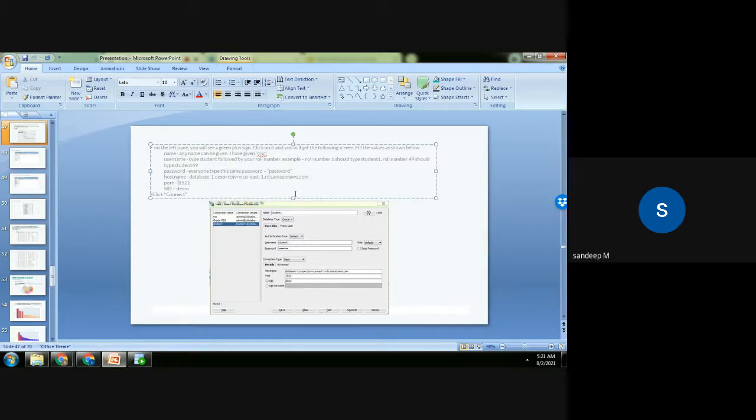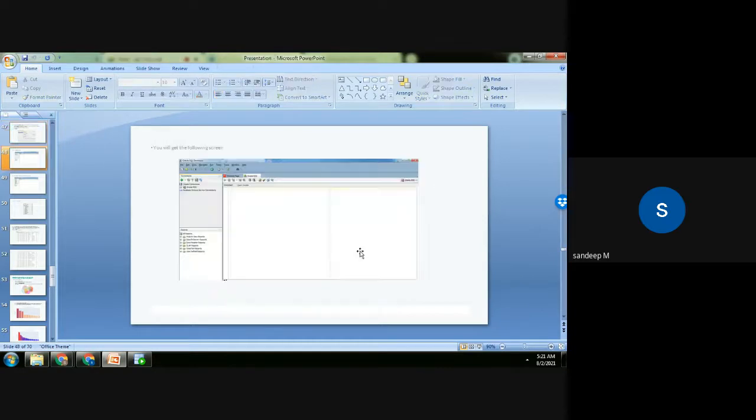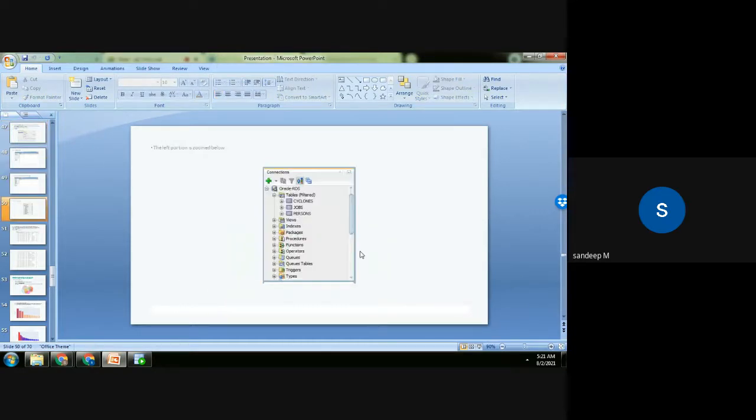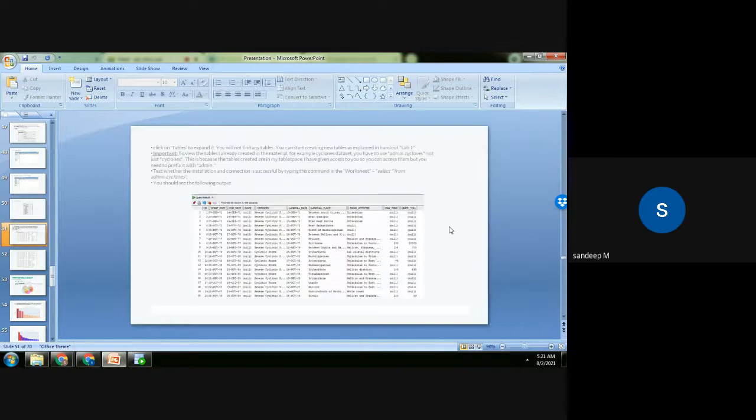Okay, so this is once SQL Developer is installed. Once it's installed, you get this screen, and then this is what you'll be getting. So you can find the tables and work on the tables. Just run this small command, select star from admin.cyclones, and if you see a table like this, everything is fine.